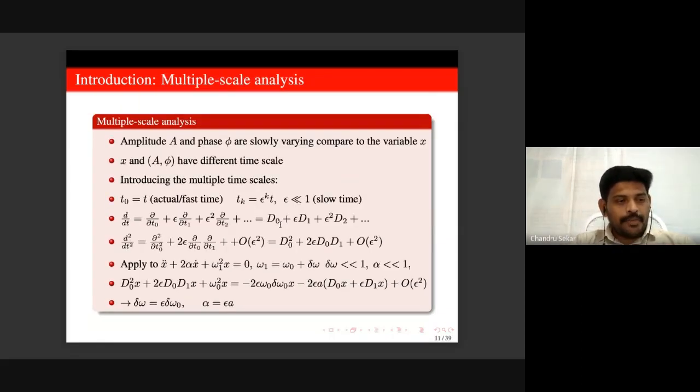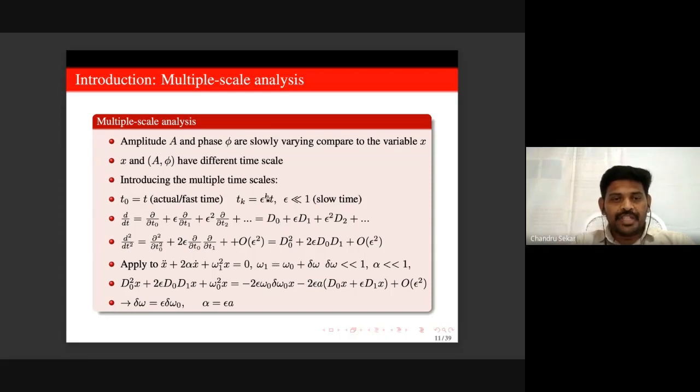Okay. From these two cases, we come to know that a small perturbation in the parameter of the original system approximately modified the amplitude and phase in the original system. Now, the question is: is it possible to derive this modified amplitude and phase equation directly from the unperturbed or perturbed equation? Yes, we can derive them from the perturbed equation